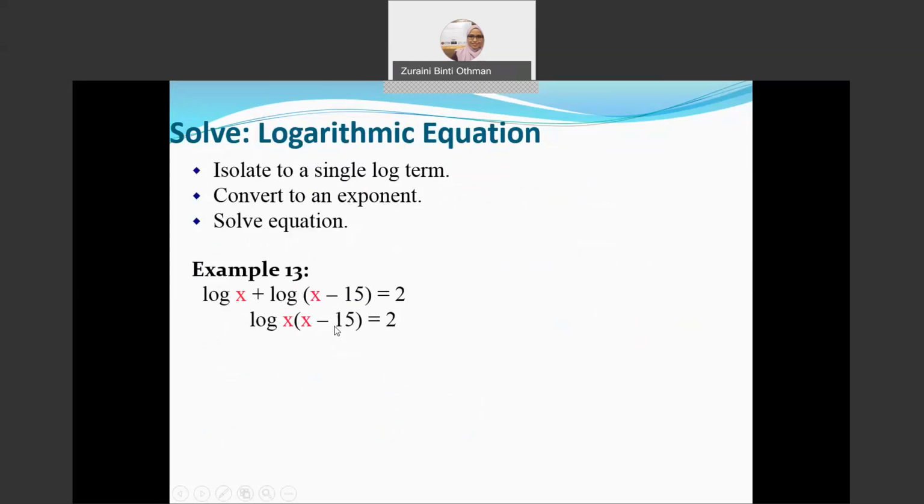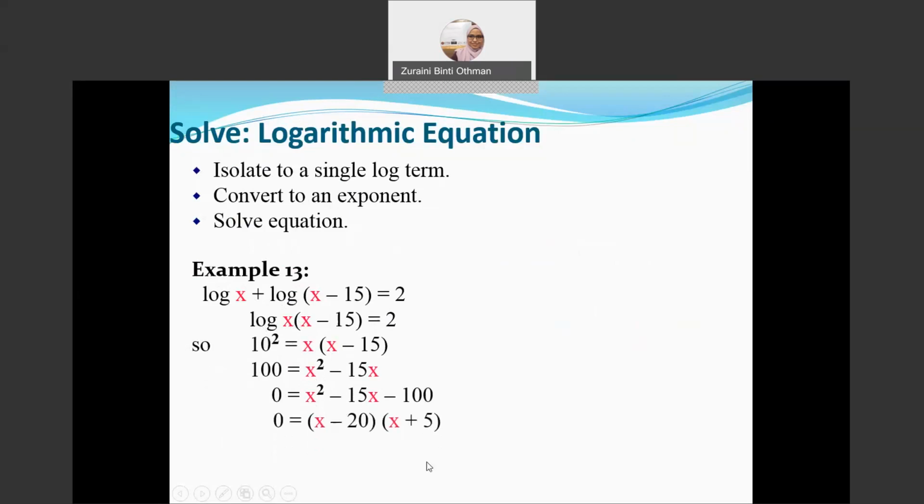Okay, daripada yang ni, kita tahu bahawa kita boleh selesaikan yang ni menggunakan exponential term. Maksudnya kita jadikan dia, ni log ni kan log asal 10, 10 kuasa 2 sama juga dengan nilai yang dalam ni. So selesai untuk X. Dah tak ada dalam bentuk log. So kita boleh selesai untuk X. X tu ialah,